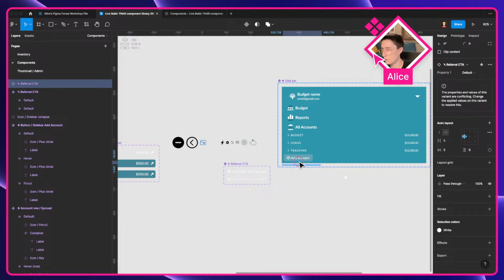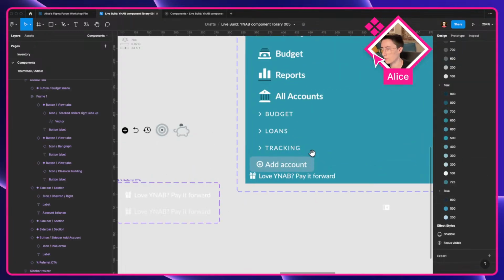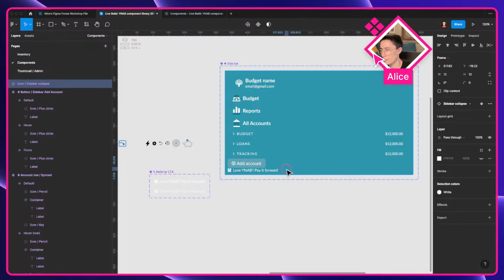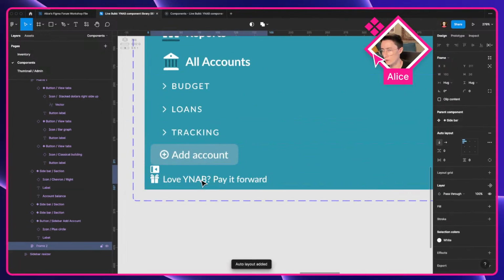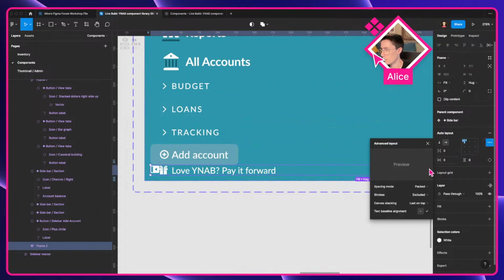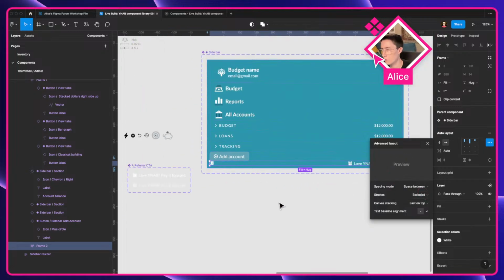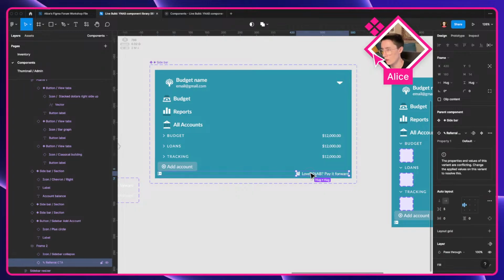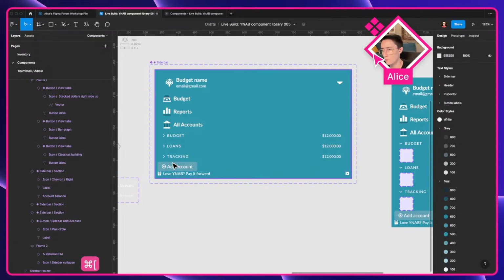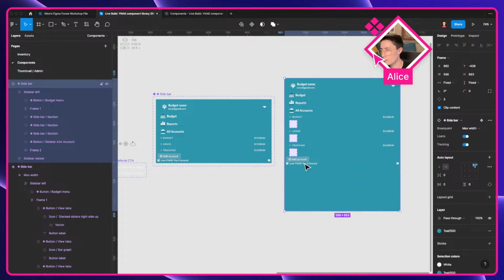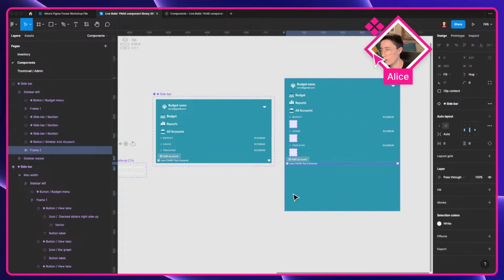So this we can also add in, and we'll add this guy in too. Now we know that these need to go in a container that runs horizontally. It's going to fill all available space. We want these items to be pushing each other apart. They are not in the right order and they should be centered. We'll swap those. And the behavior that we need to see here is that this is always going to hang